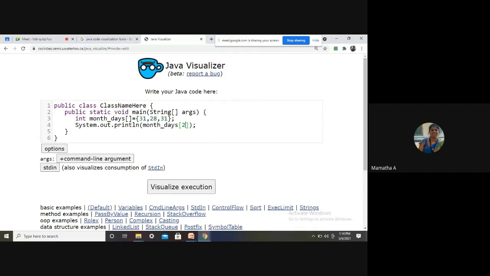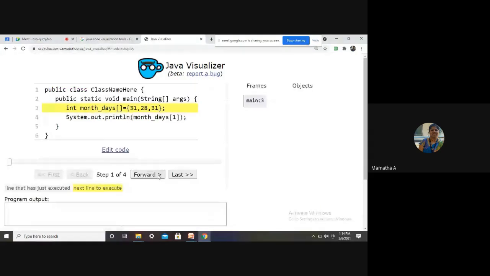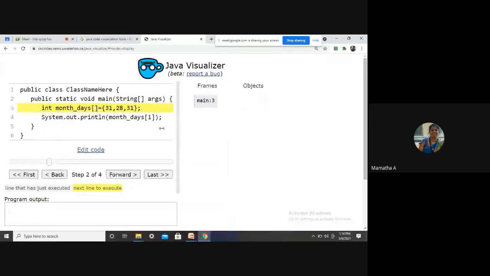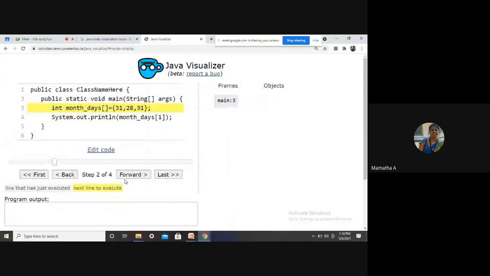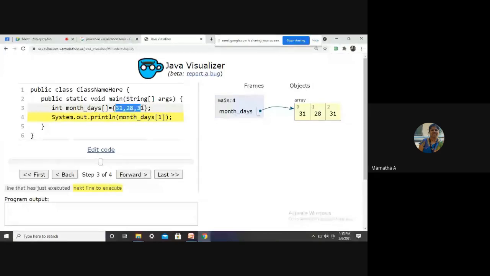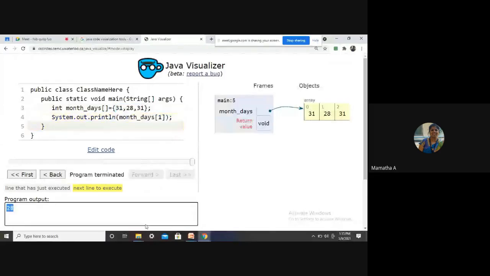February month, right? Month_days, same procedure. It will allocate memory for 3 elements, then it will also initialize it with values 31, 28, and 31. And the output is 28.